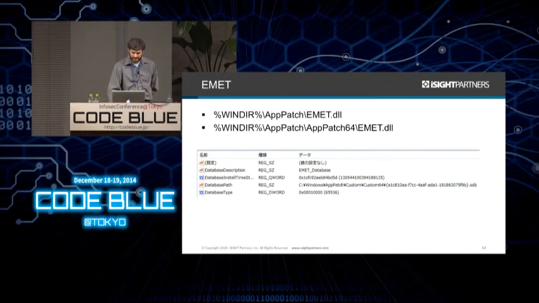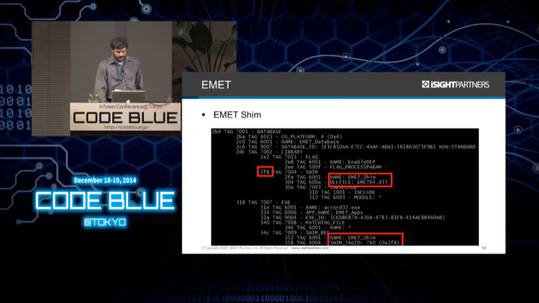So if we go look at that SDB file using SDB Explorer, on the bottom, I'm showing Adobe Reader. And there's a matching files entry for asterisk. So it doesn't care what version of Adobe Reader, it doesn't care about the PE checksum, it's just going to match based on that name. And if it matches, it's going to apply this particular shim where the name is EMET shim and the tag ID is 2F8. And there's 2F8, the name again, and the DLL is